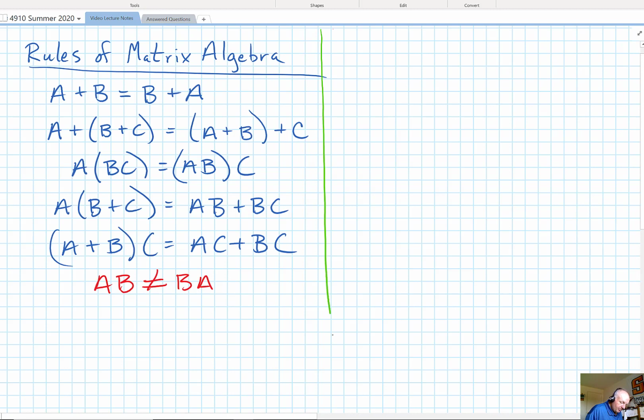Now, here's a big jump for us. Thanks to the fact that we have matrix multiplication, we can now tie this to